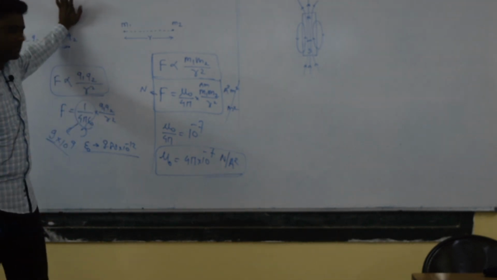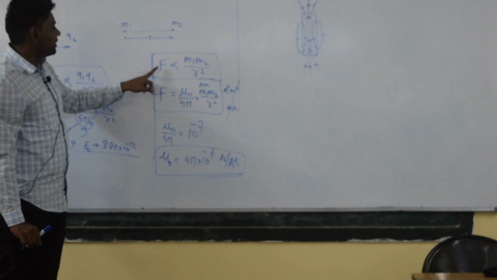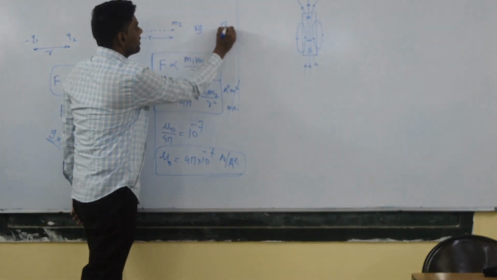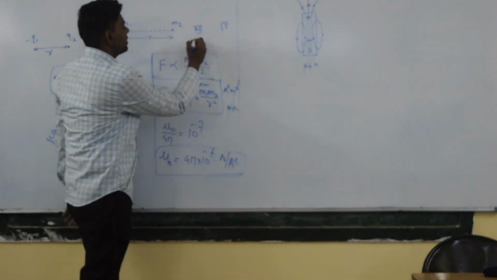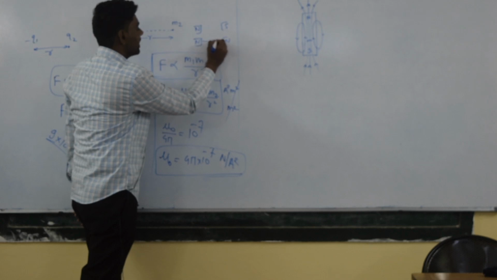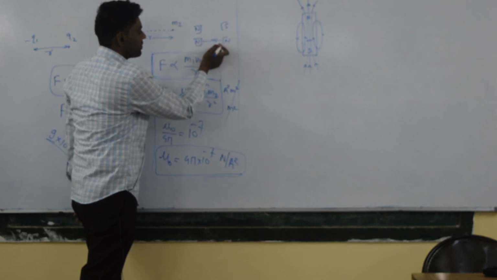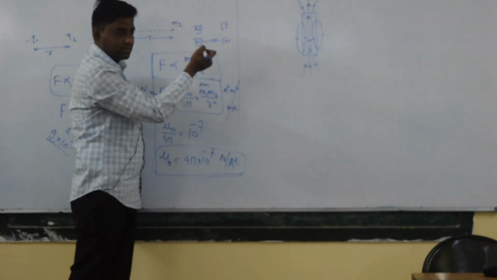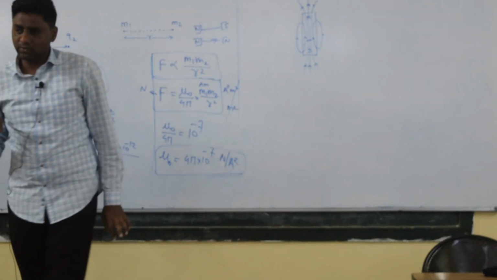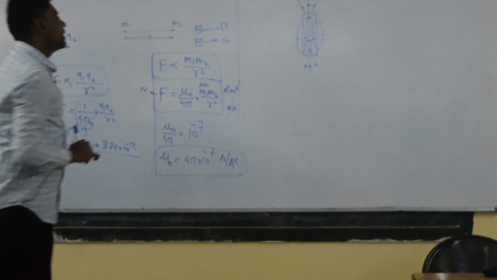Easy, eh? Last time, what is the statement? Now whenever we consider the N pole and S pole of two magnets, and N pole and N pole, what happens between them? Which type of force is present between them? That is repulsion. And which type of force is present between N and S? That is attractive.